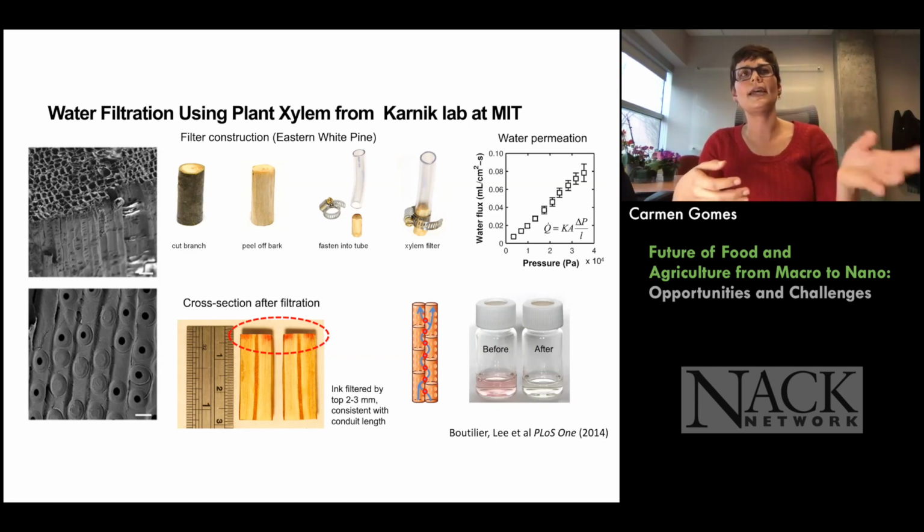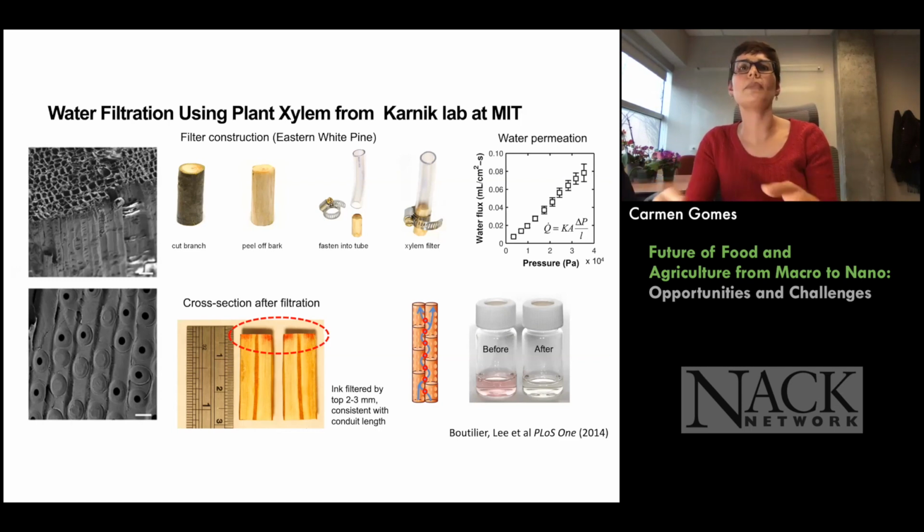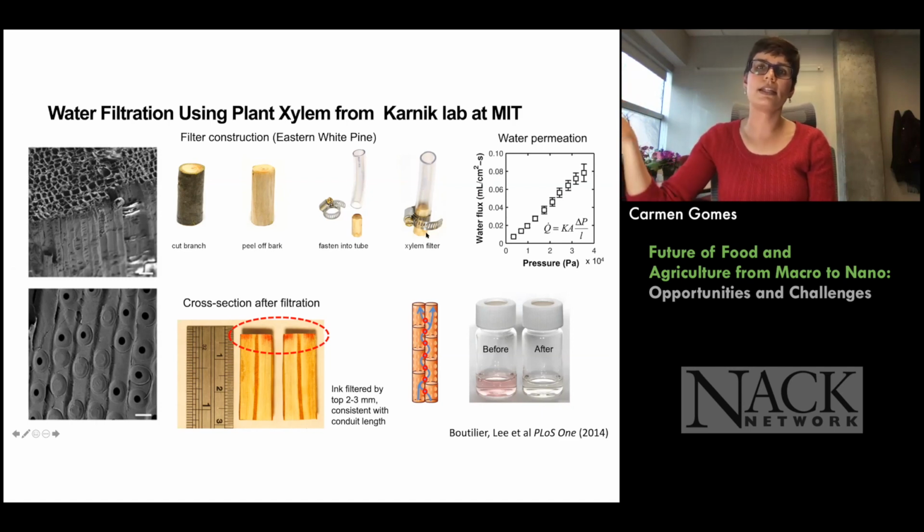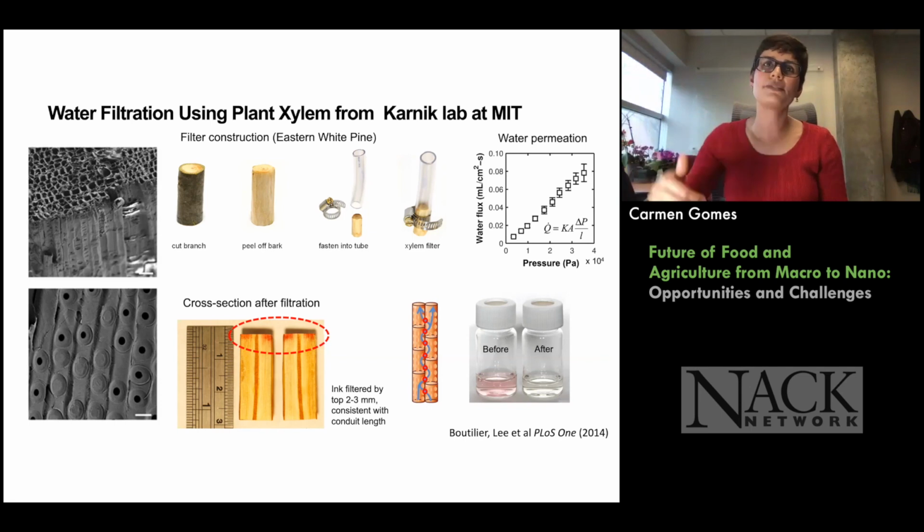So basically, he dehydrated the tree trunk using alcohol, which allows them to last for a long time and be shipped to regions such as India. By attaching them to a hose and allowing the water that people are going to consume to pass through, it eliminates contaminants. And he is just showing before and after with a pigment.